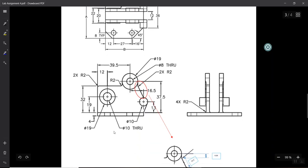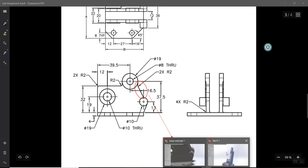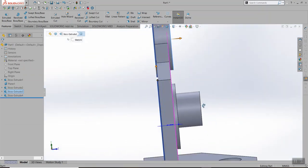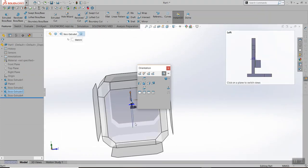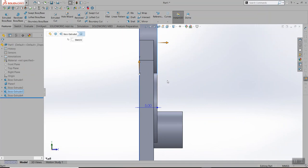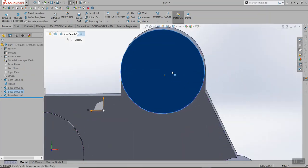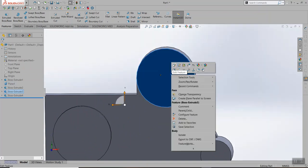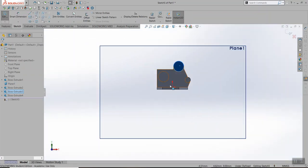But now I want to make these holes. And you'll see I want a 10 millimeter diameter hole here, an 8 millimeter hole diameter here, and it's through, meaning it's going to go from the front to the back. It's a hole all the way through the piece. So I'll go here. What I can do is, since these are actually coincident, like this edge right here lines up with this edge, which would be easier to see if I make it perfect, so that they line up. Because they're on that same plane, I can just go ahead and right click on this little face right here, do a sketch,